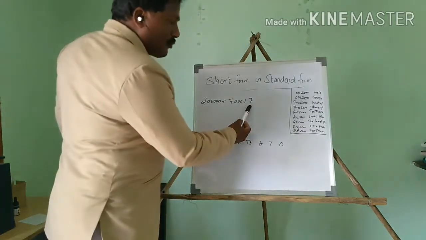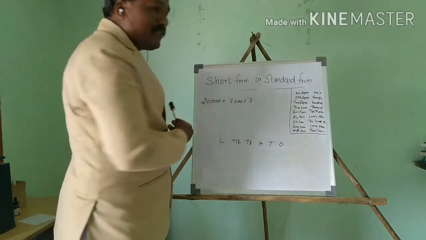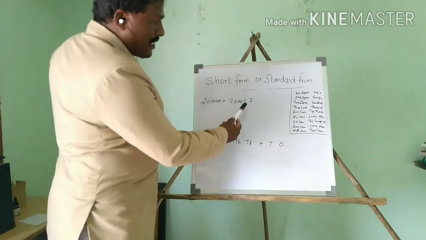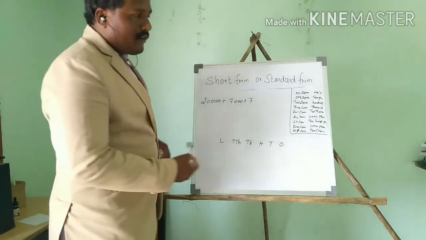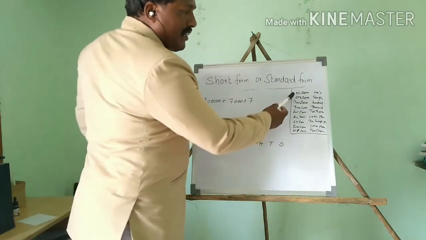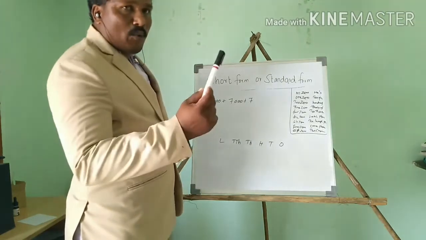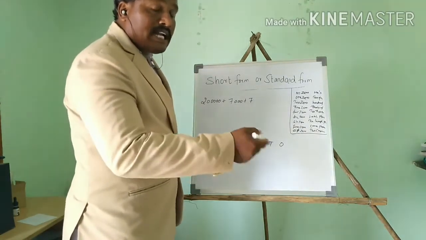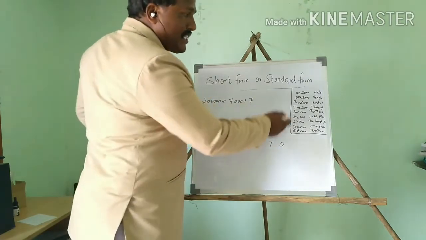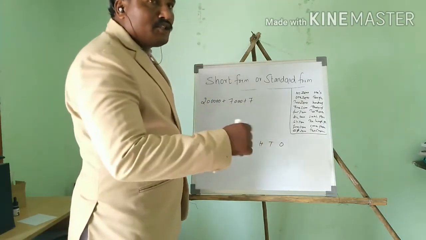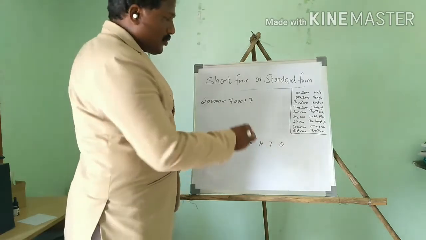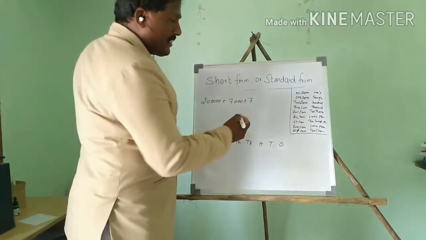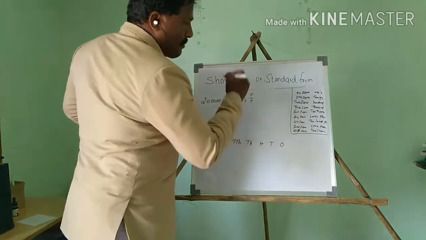So first we have to find out the place value of the given number. What is the place value of this number? First of all, we have to remember this table. When there is no zero, it's a ones place. When we write expanded form to standard form, we have to remember this one. So here, this is the ones place. There is no zero, so ones place.